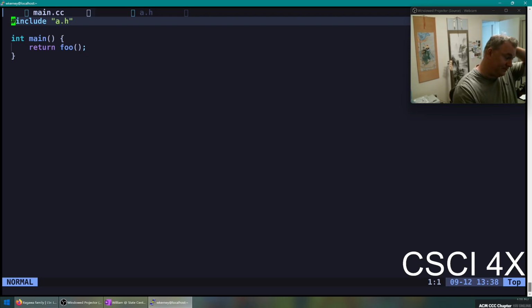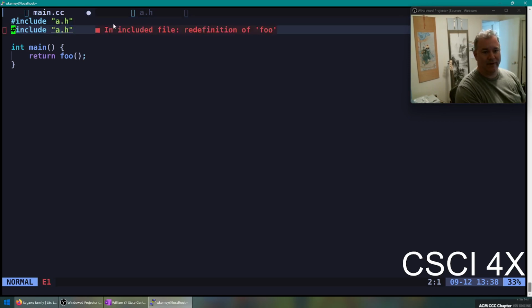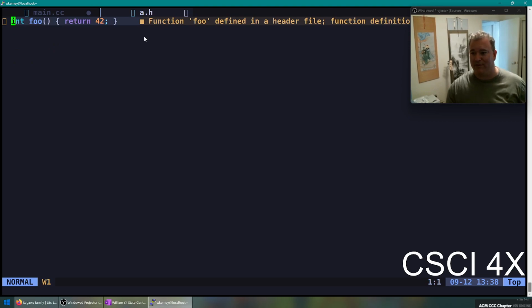Okay, so if I were to include this file twice, I'd have a problem, right? We have now redefined foo, right? Because remember, when you hashtag include something, it copies and pastes the file. And so if we were to